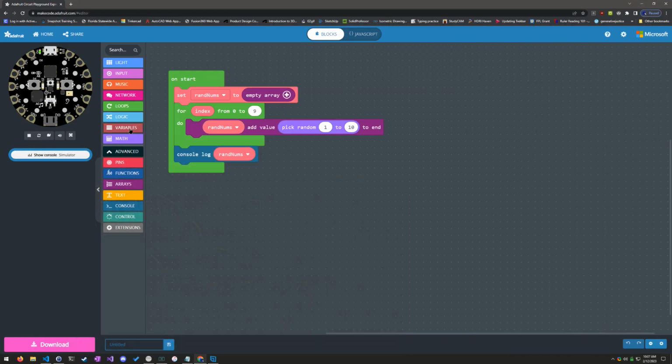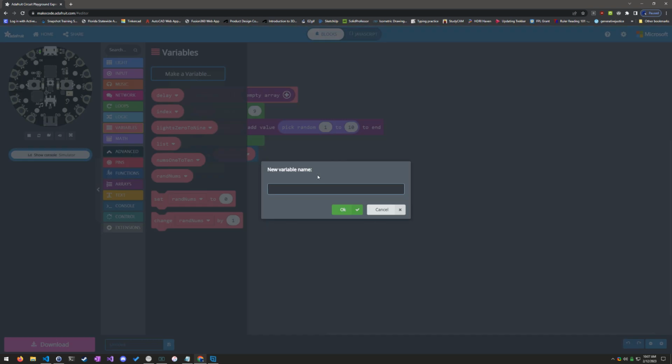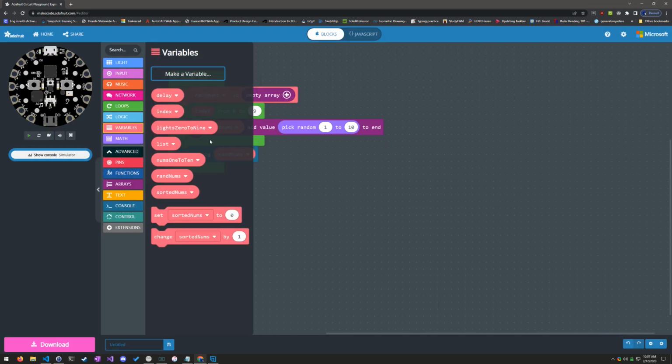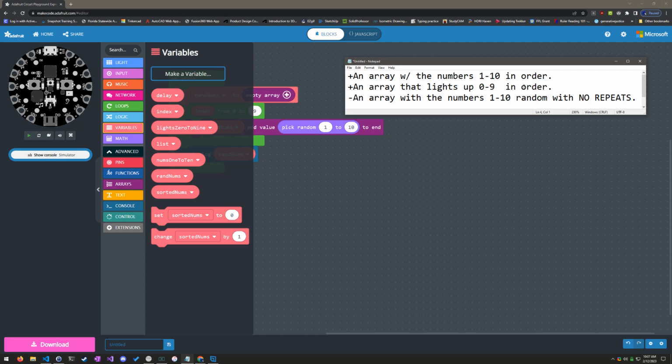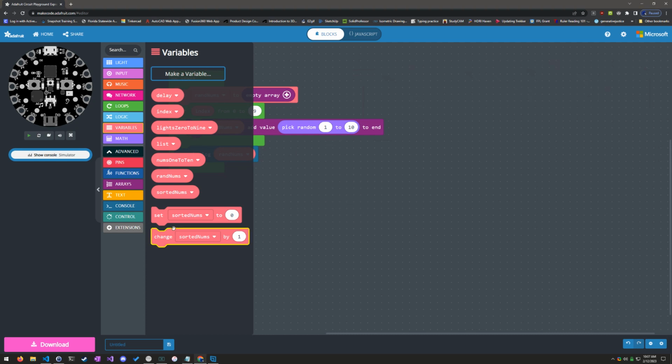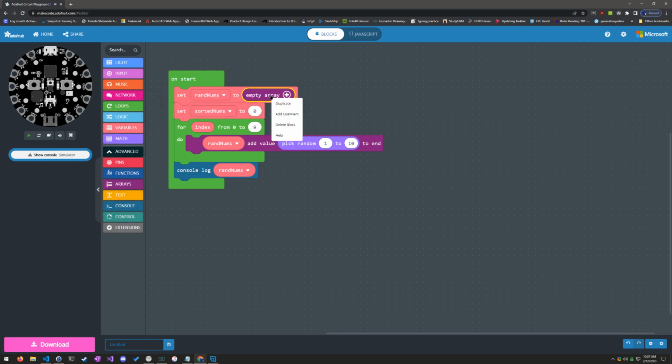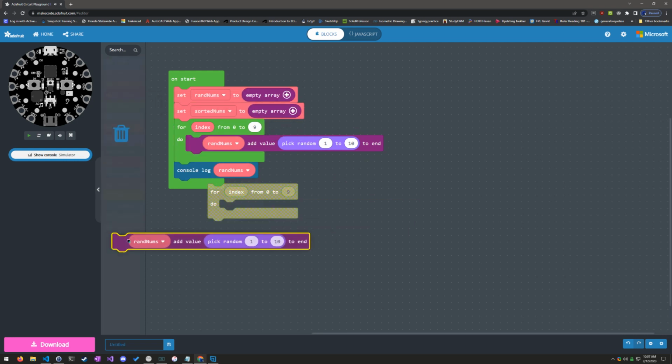Let's go ahead and make our next variable. We had random nums, so let's do sorted nums this time. And we know how to make a list 1 to 10. This is why I asked us to do this for the first one, because we were going to see this again. So let's set sorted nums to an empty array. And we'll duplicate our for index loop